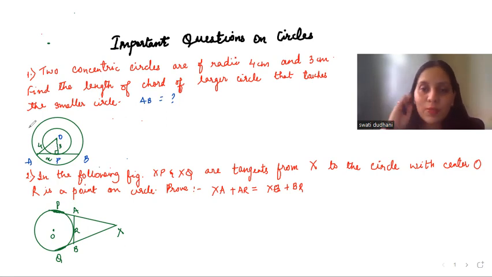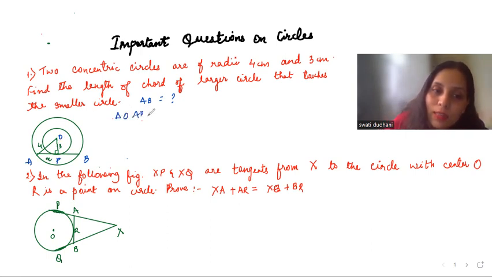Now, in my previous video, I've already discussed all the theorems on circles. So we have a theorem that here we can clearly see that AB is a tangent to the smaller circle and OP is the radius. So the radius is always perpendicular to the tangent. So which is why angle P is equal to 90 degree. All right. So here we can see triangle OAP is a right angle triangle, and we need to find the value of X.